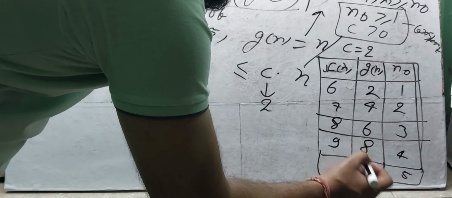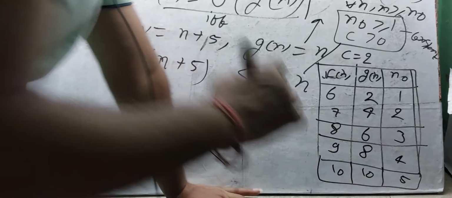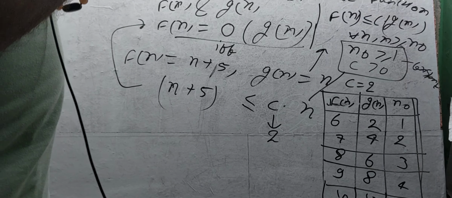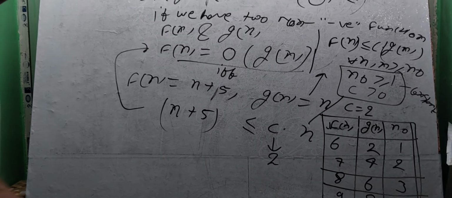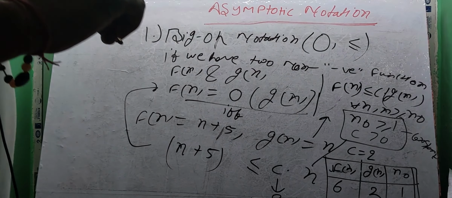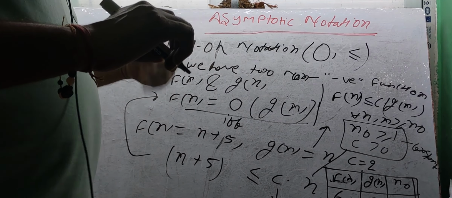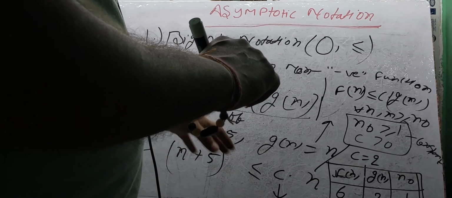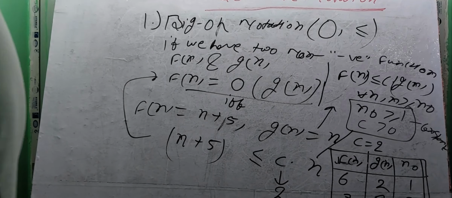If we put 5, then g of n will be 10 and this will also give 10. So this way we get the value of n naught. Then, from n naught, g of n is always greater than or equal to f of n. Any value greater than 5, if we put in this example, then we will get that g of n is greater than